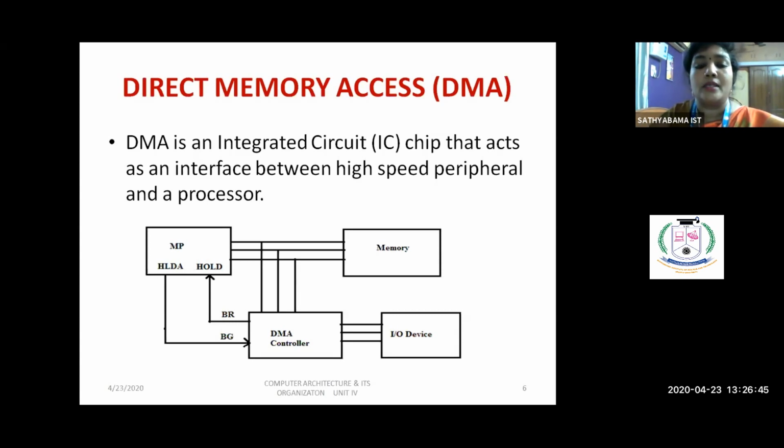All these buses are connected to your DMA controller and similarly it is connected to your memory. When an input-output device wants to access the memory, it uses the DMA. Through DMA, it can transfer the data from the peripheral device to your memory without the interference of your microprocessor.